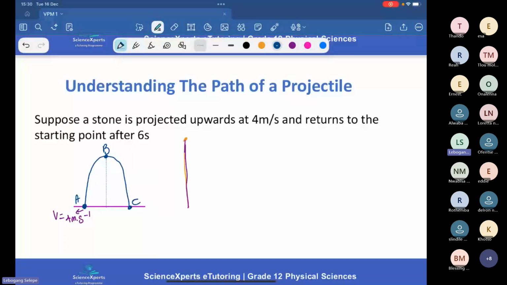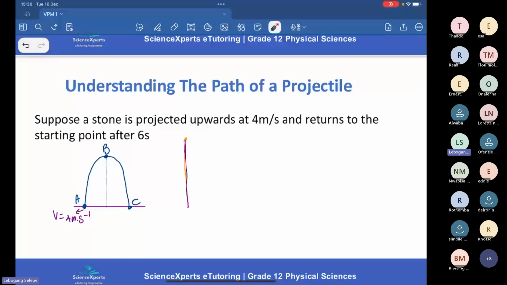So now, just to give you a summary, guys, velocity is the gradient of this graph. So it means that at this point A, the gradient of this graph is actually 4. If you were to calculate the instantaneous gradient at this point, you would get 4. You haven't done calculus, but I'm just giving you an idea, right? So now, this point and this point would have the same gradients, but the gradient would differ in sign,